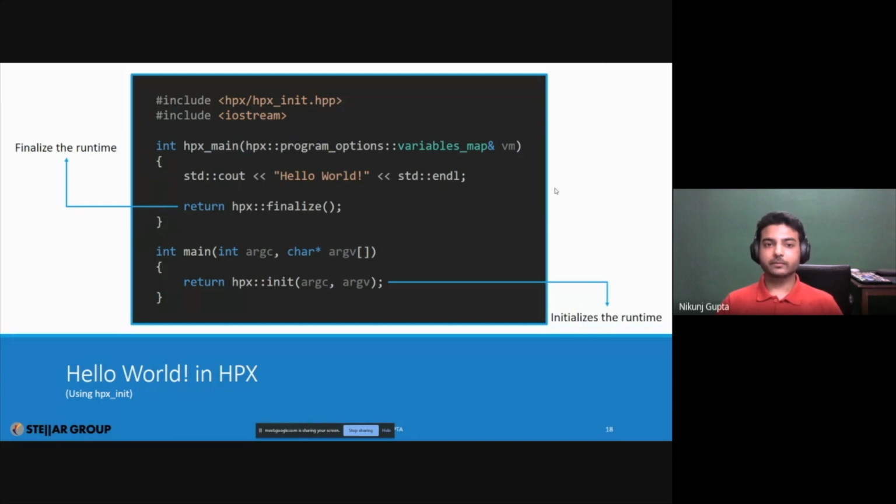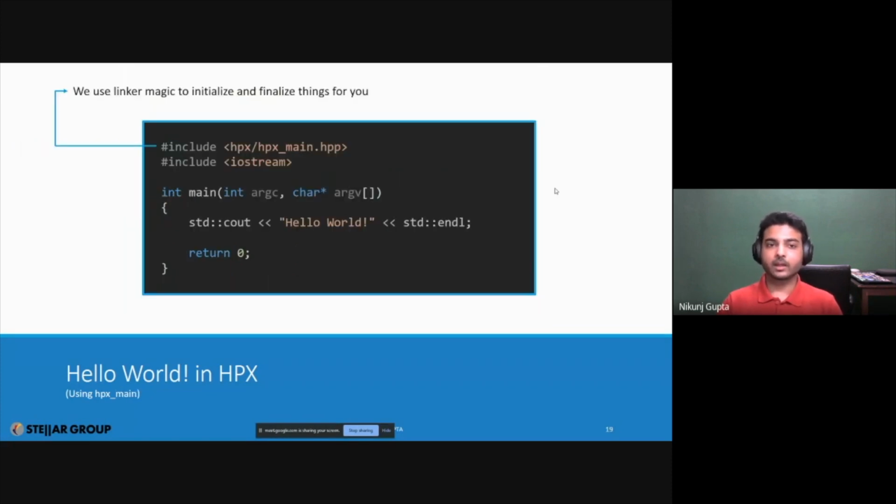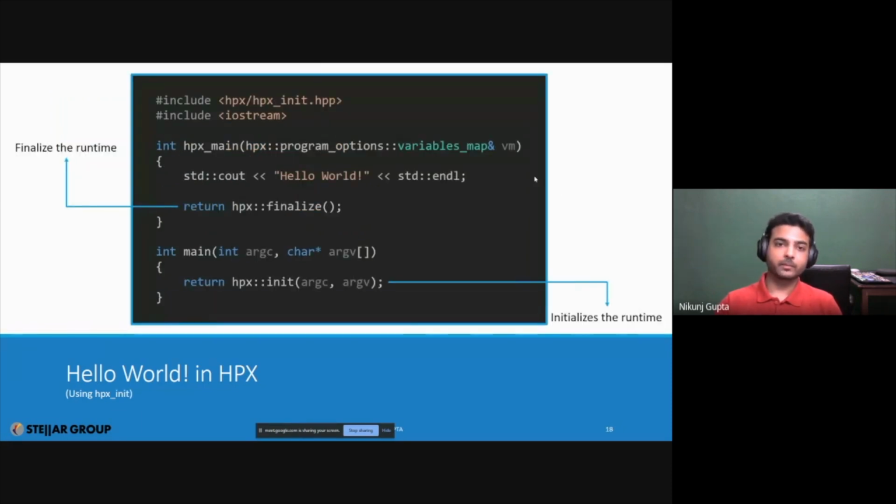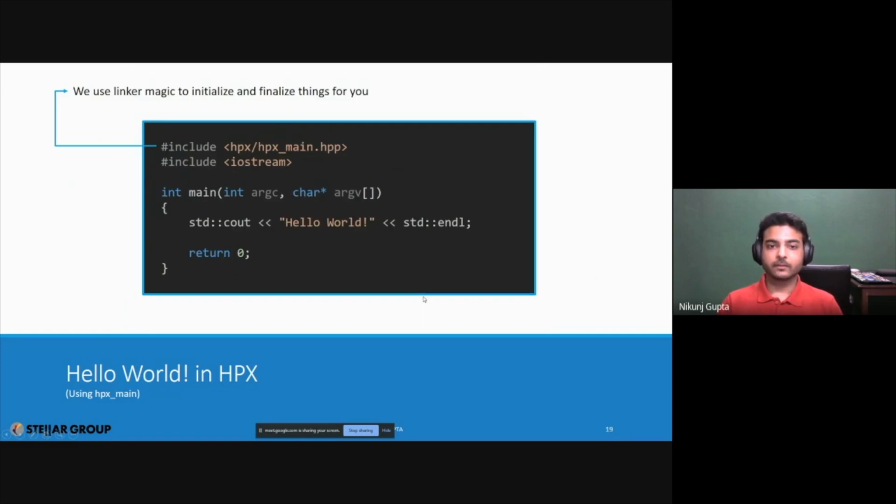But if you want to start very simply and you only have to use basic HPX features, we support another thing. It's called the HPX main header. If you remember the previous slide, we had the HPX init header, which allows you to initialize through the hpx::init function. If you have the HPX main header, we do things for you.